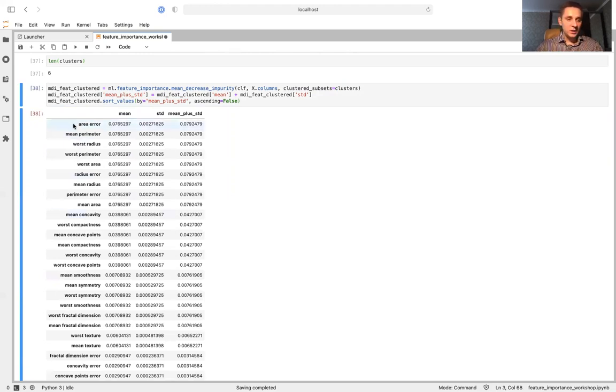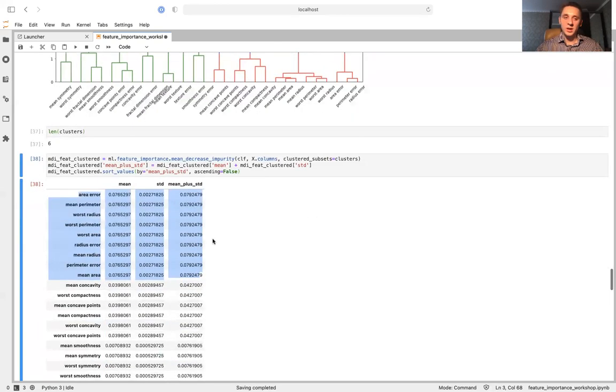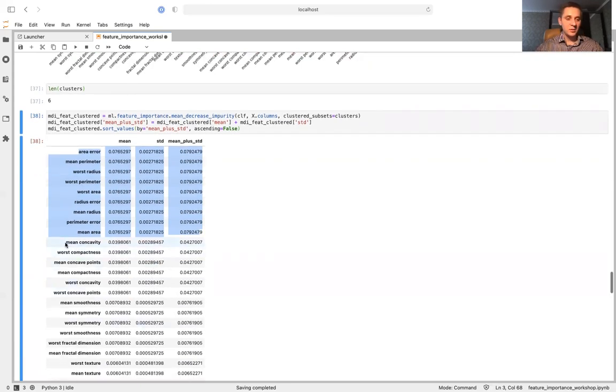So if we take a look here, we can see that for this cluster, which is related to shape-based features, they are the top features, and this is quite logical to us because these features describe the shape, which is important to define whether it is breast cancer or not. So the second cluster, as you can see here, all these features have the same value of feature importance